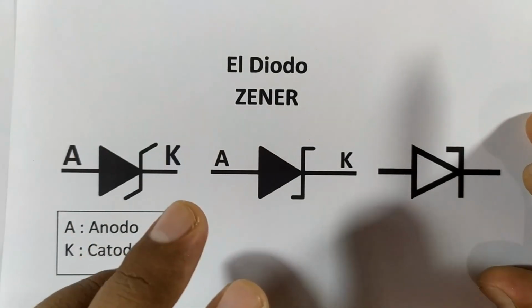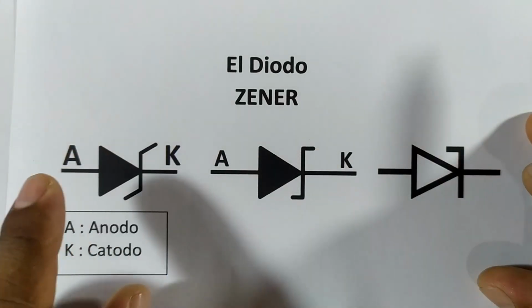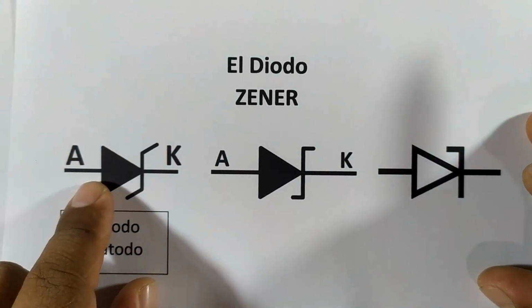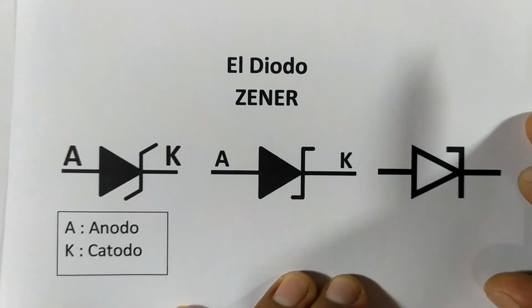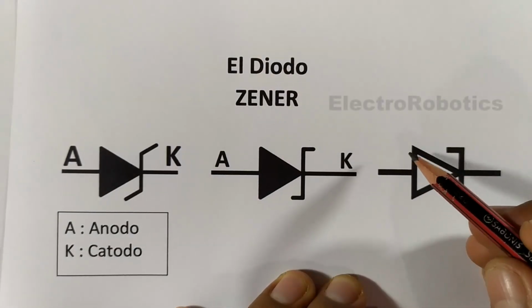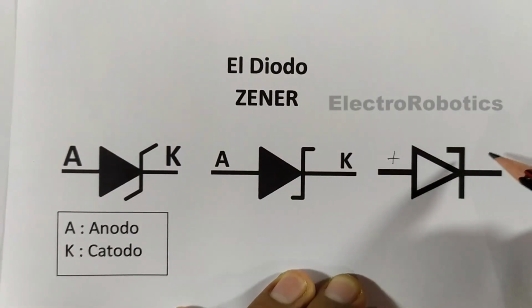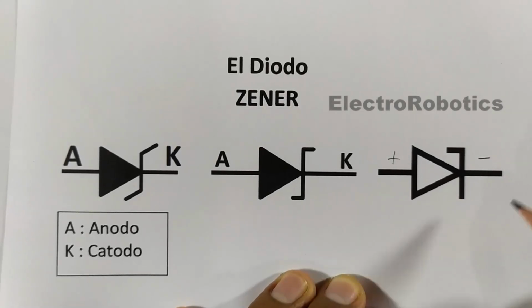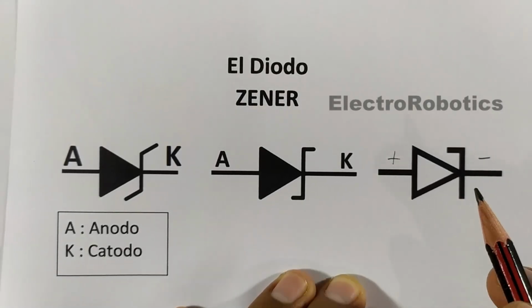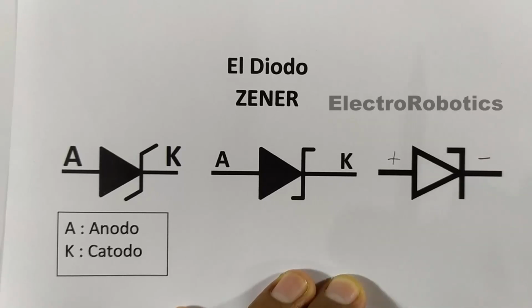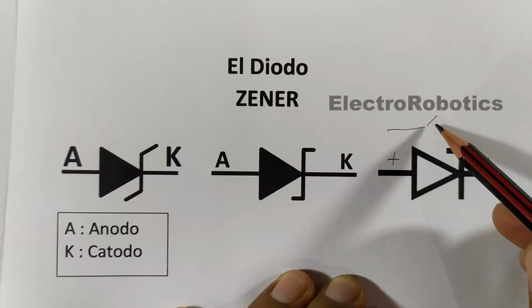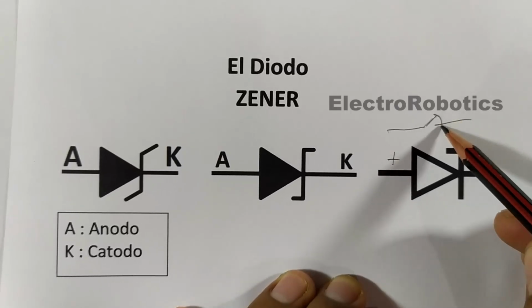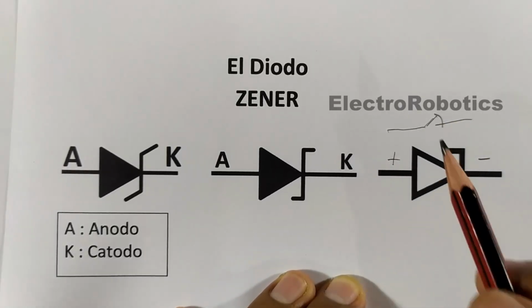And like a normal rectifier diode, these diodes can work normally in direct current. That means that when you put positive on the anode and negative on the cathode, this Zener diode will work in the same way as a standard rectifier diode. It will conduct and behave like a closed switch. However,